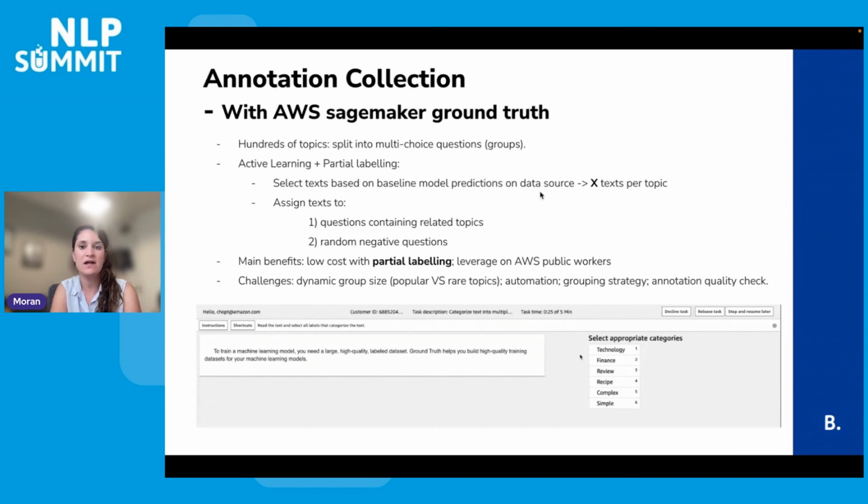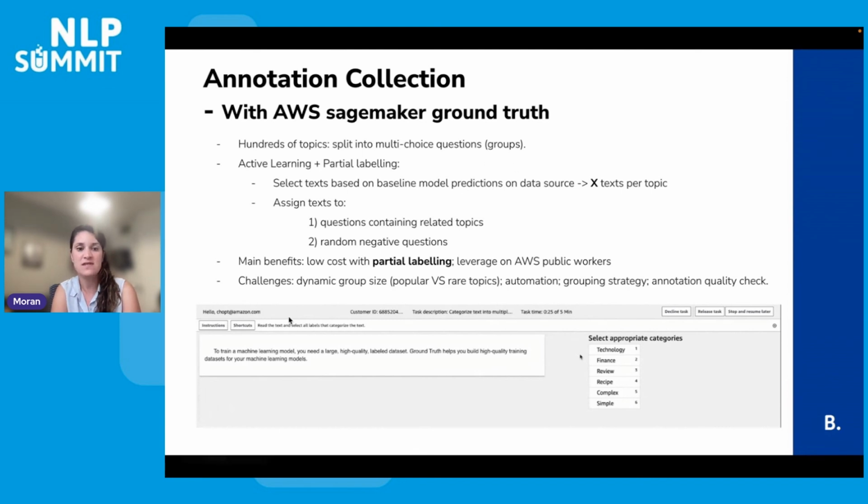We use the model that I just showed you and the predictions for each one of the data sources. If we want to collect annotation on a new kind of data source, not just reviews, so partner hub, partners feedbacks, question answers, and posts from the travel community, we can use the model to predict per topic what are the top K texts that are relevant for the topic.